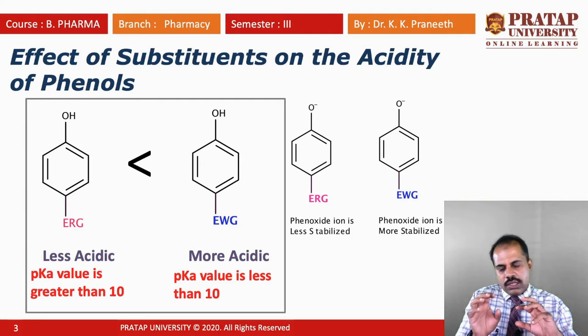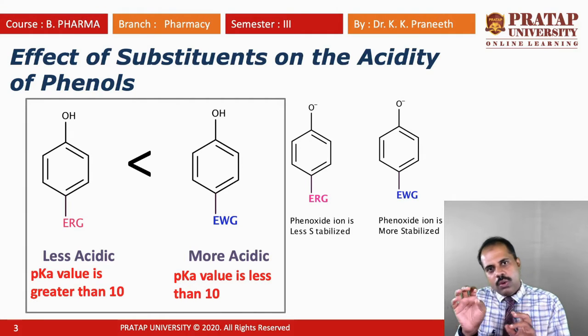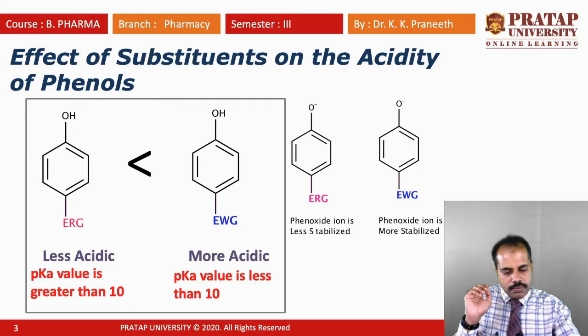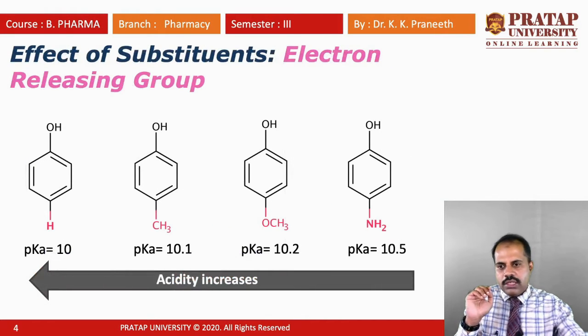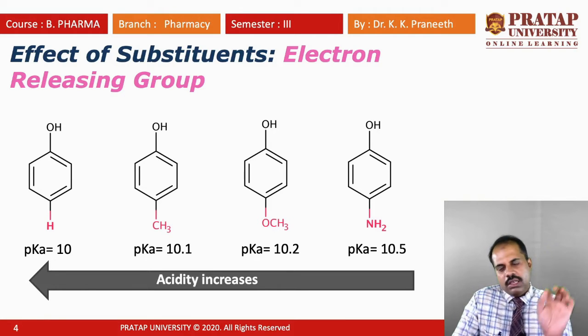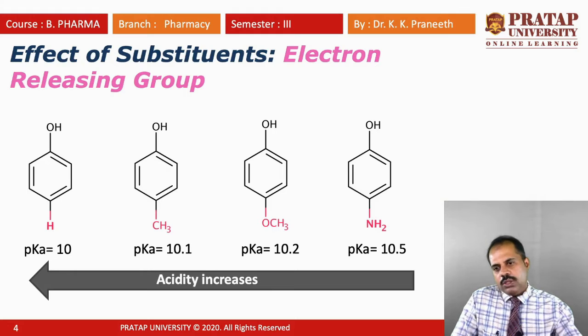This technique, installing an electron donating group or an electron withdrawing group, is used to modulate, or control, the reactivity of the phenol. In this example I have shown some electron releasing groups. There are 4 examples here. The first one has hydrogen. The name is phenol, because phenol has no substitution, only hydrogen in all positions except that OH group.